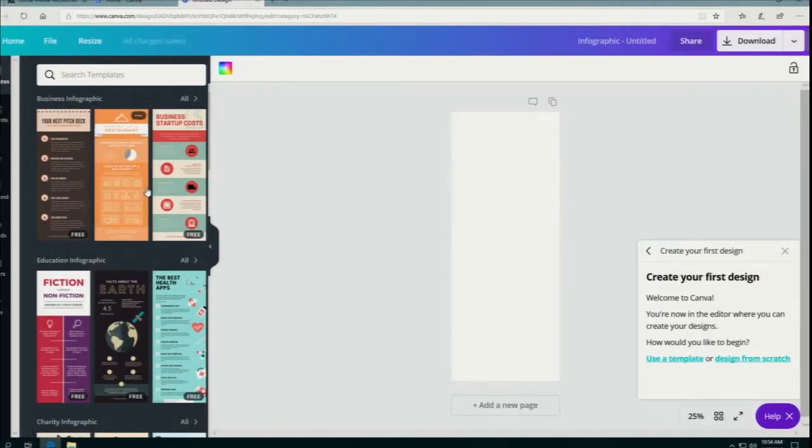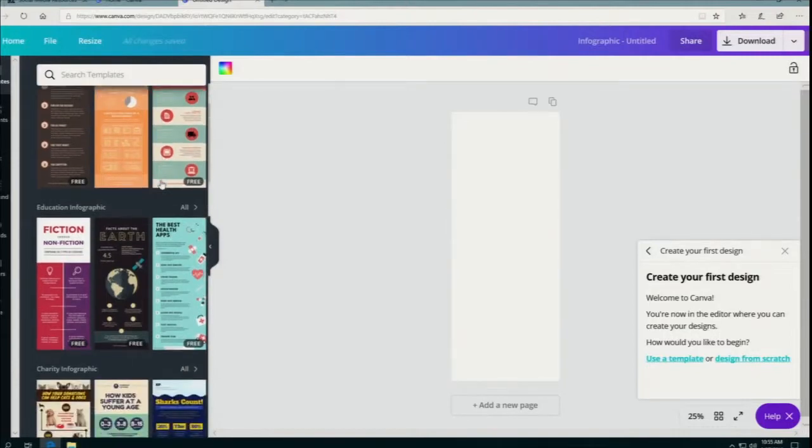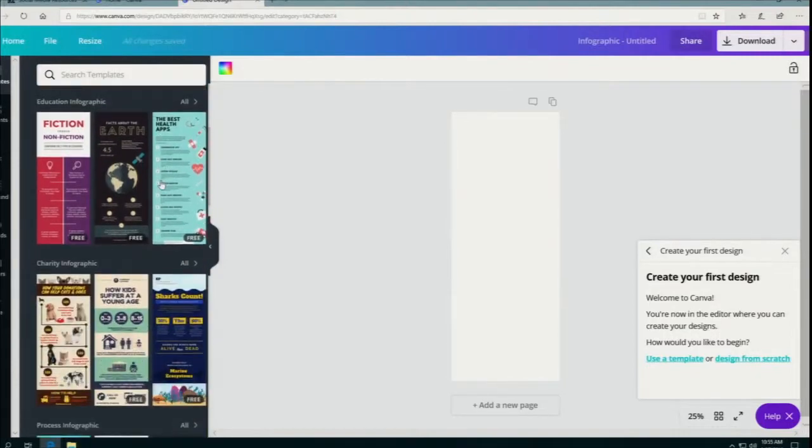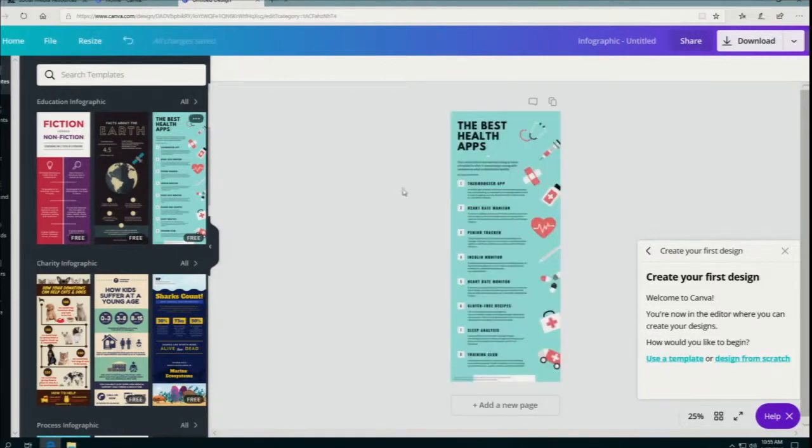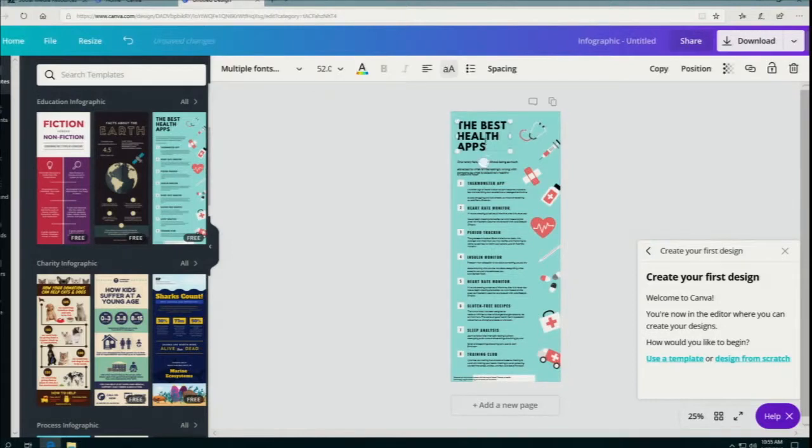There are some things you have to pay for on Canva, like maybe a more advanced template, or there's some images they might have you pay for. But generally, I don't pay for anything. I find enough great free templates that I don't have to pay for anything. And you can just page through all these templates here on the left, and they're really all visually appealing. And it's really simple. If you pick one that you like, you can simply start clicking on that one. I picked this one that I like, and you can just delete their information, right, and plug in your information